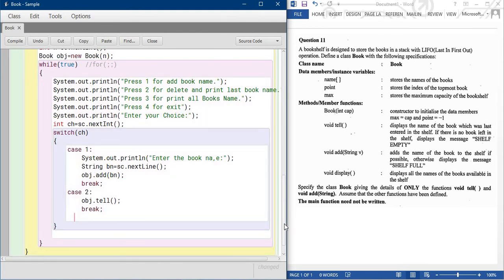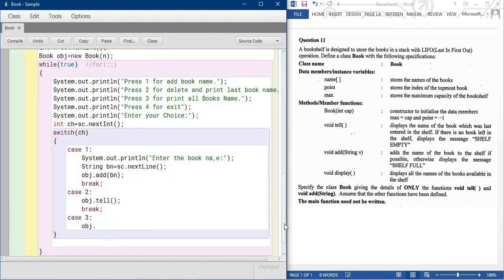And similarly case 3, there is no parameter, so we can write obj dot the method name is display and break.